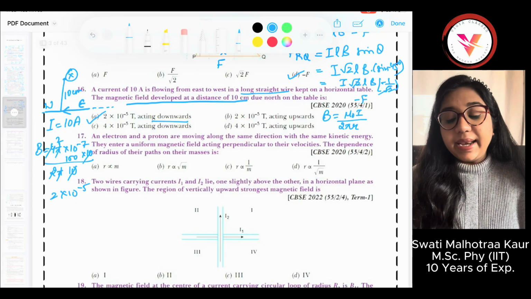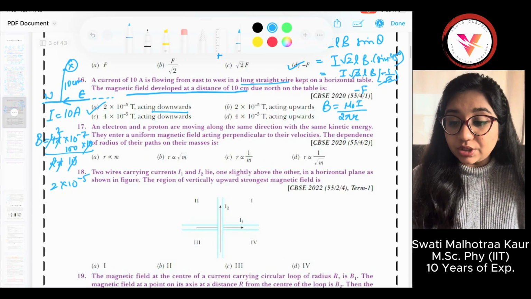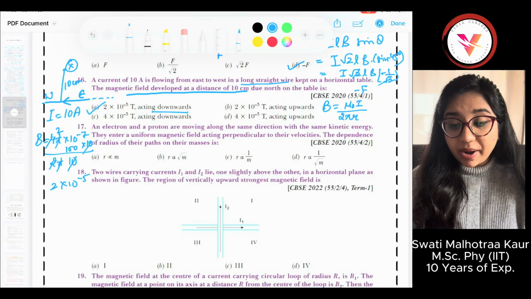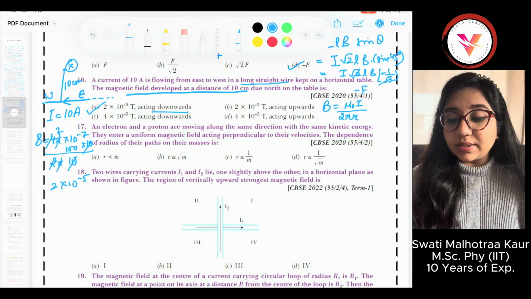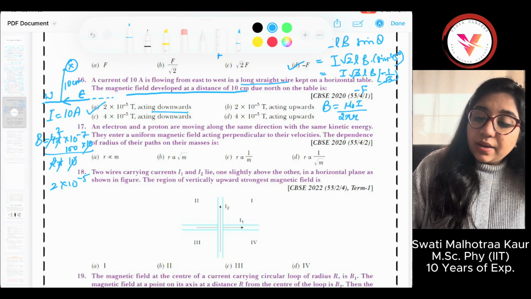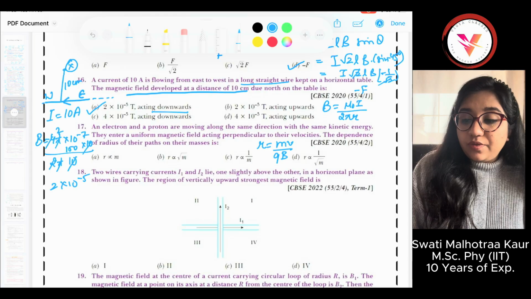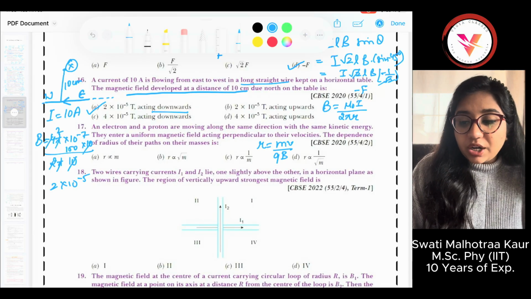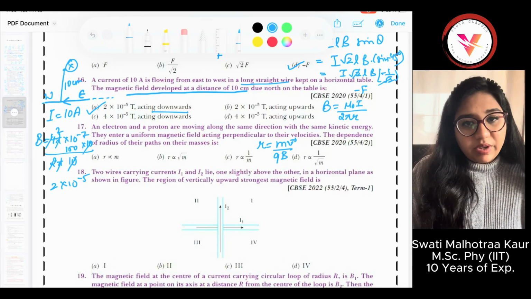Okay. Next, an electron and a proton are moving along the same direction with the same kinetic energy. They enter a uniform magnetic field acting perpendicular to the velocity. The dependence of radius of the path on their masses. So radius is basically mv by qB. Okay. So the velocity is different, but if charge and magnetic field are the same,